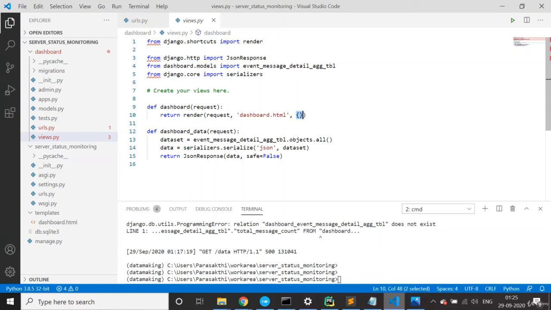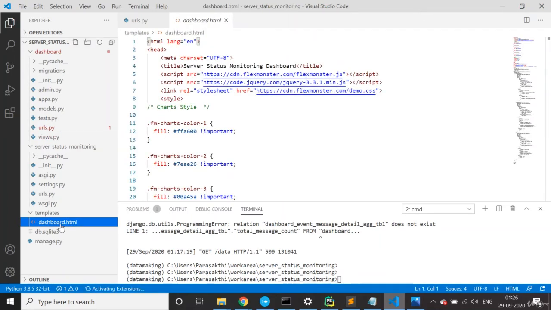So it will launch the empty HTML page, and we make the Ajax call to the dashboard data function so that it will render our data from this table. That's how we build this views.py to render the data into the template file. What is the template file we are using? It is the HTML file dashboard.html. So basically, this is the Django project structure. You can create a project, and it will have multiple applications.